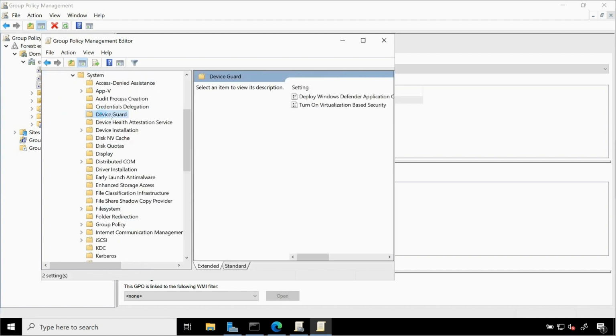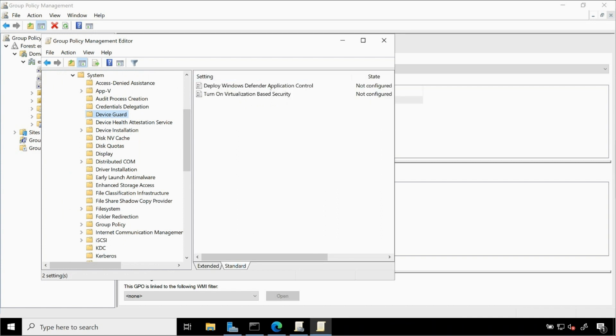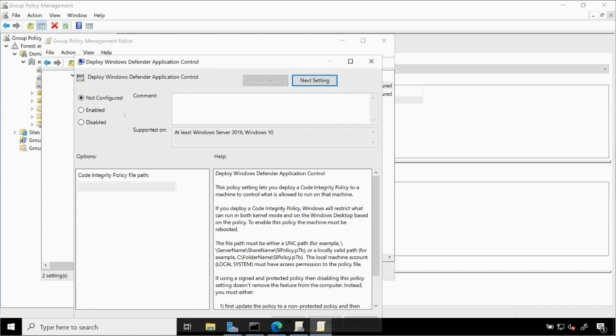Now we'll go right here under Computer Configuration, expand out Policies, Administrative Templates, and then go to System, and you will see Device Guard right there. And then there is a policy called Deploy Windows Defender Application Control. So we're going to double-click on that. We're going to click Enable, and this is where we put the path in, which is going to be the //